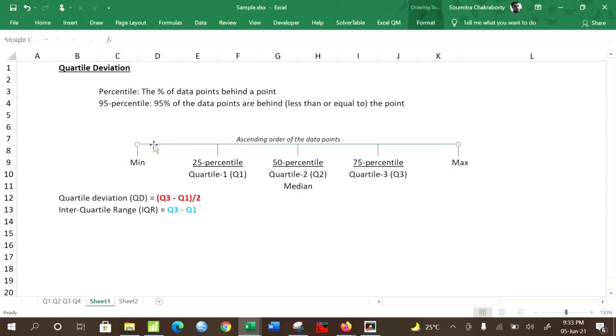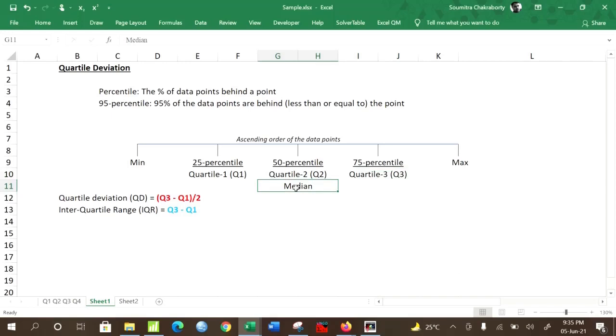So like that, if this blue line is your ascending order of the data points that you have plotted, then the 50th percentile is also known as quartile 2 or Q2. Similarly, the 25th percentile is known as quartile 1 and the 75th percentile is known as quartile 3.